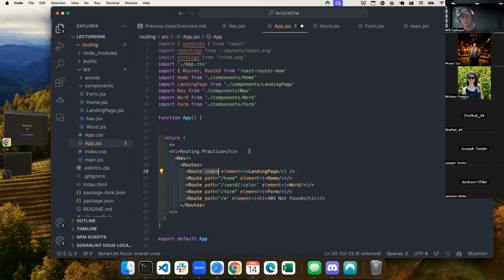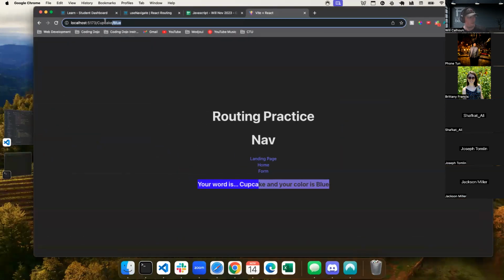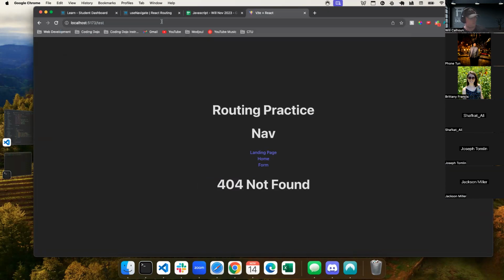Index, again, is just our base route. So 5173/. Our pathways. And we can have dynamic pathways. So any word in any color can happen. And then this is our last one. Like if you didn't get any of them. So like if I said test, 404 not found, because we don't have a route test, but we don't want our thing to break.